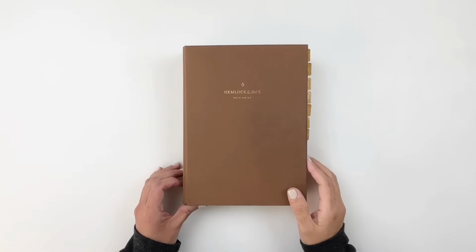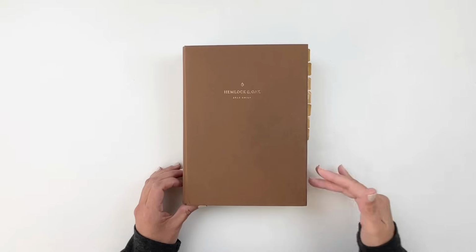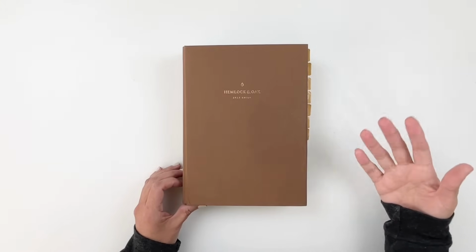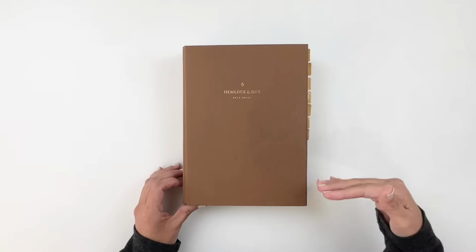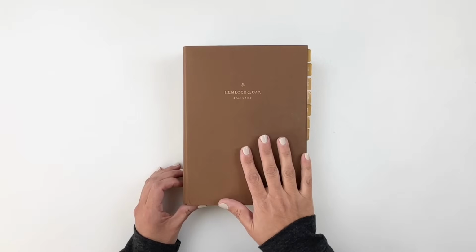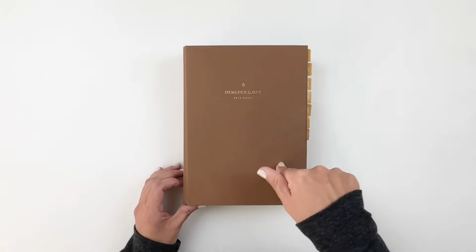Everyone, this is Hiba from My Little Journal, and today I'm excited to be sharing with you my new daily journal for 2024. I'm going to be using a Hemlock and Oak again, but before I share with you my setup and my new Hemlock and Oak, I wanted to do a flip through of my 2023 Hemlock and Oak